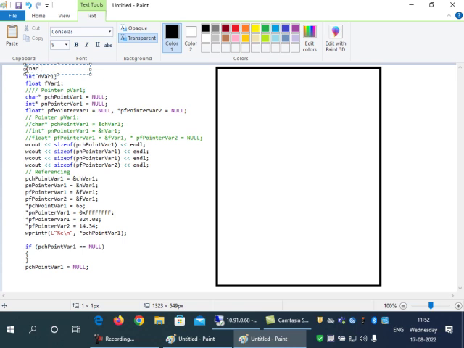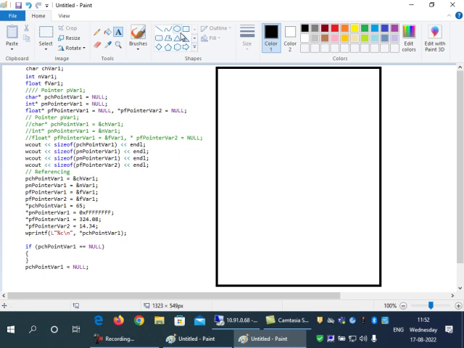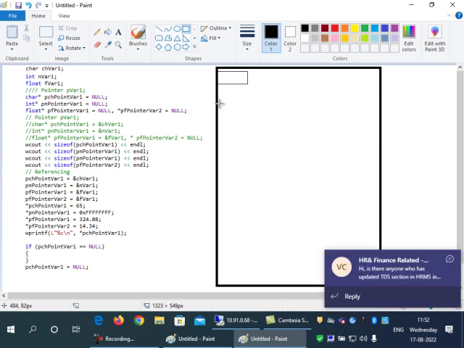So I will just draw the block diagram for char and int. I will not repeat the same thing for float. You just assume it is there. And char is as usual 1 byte. And int is